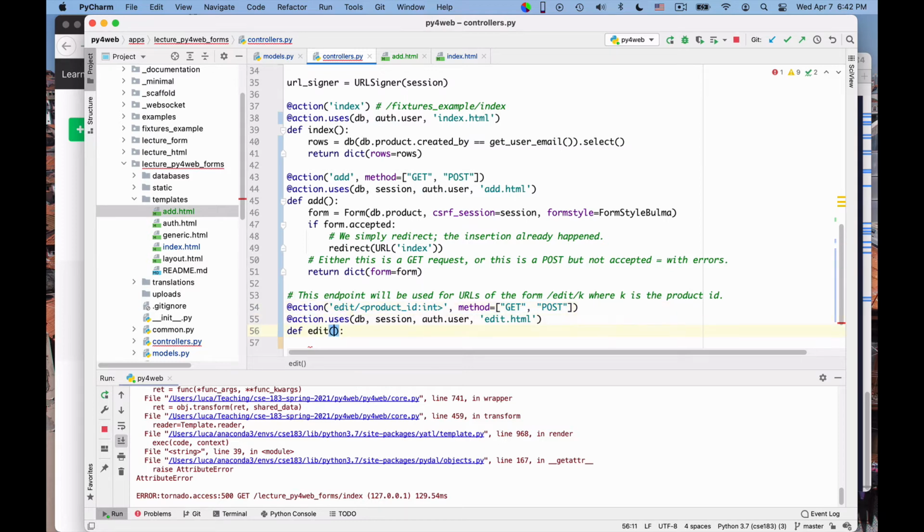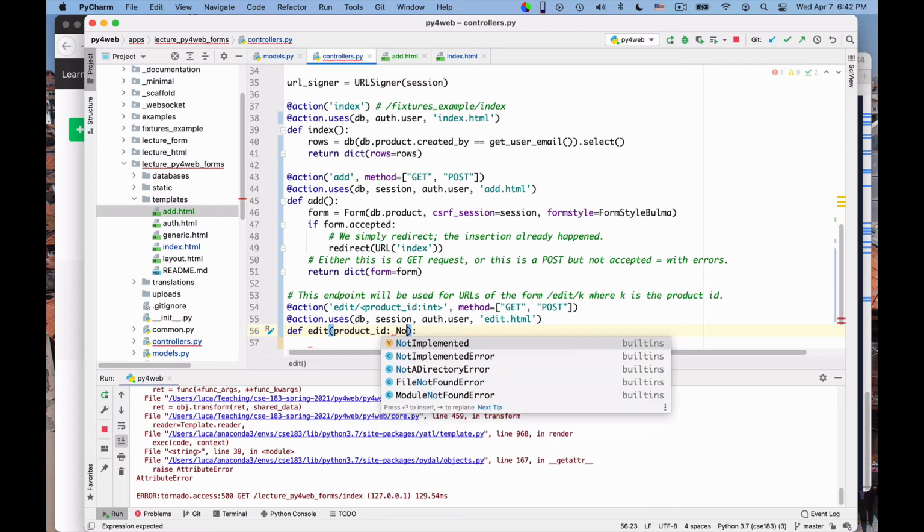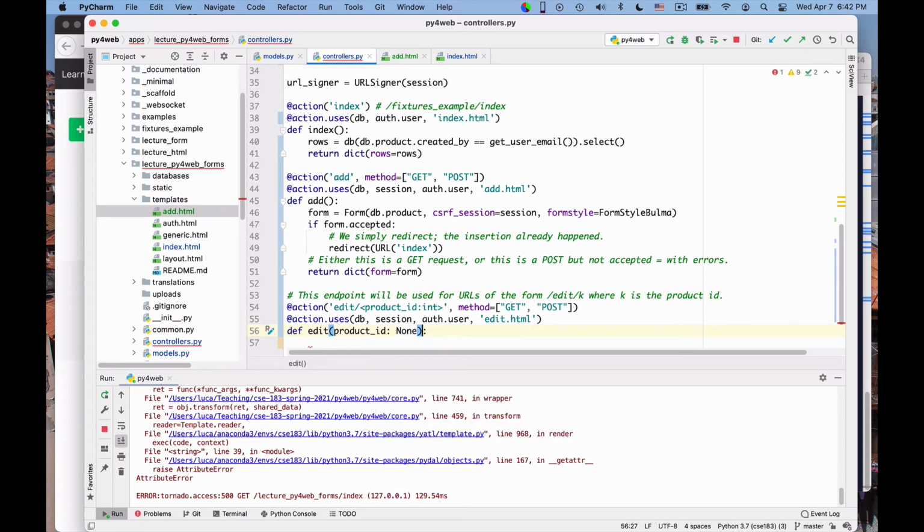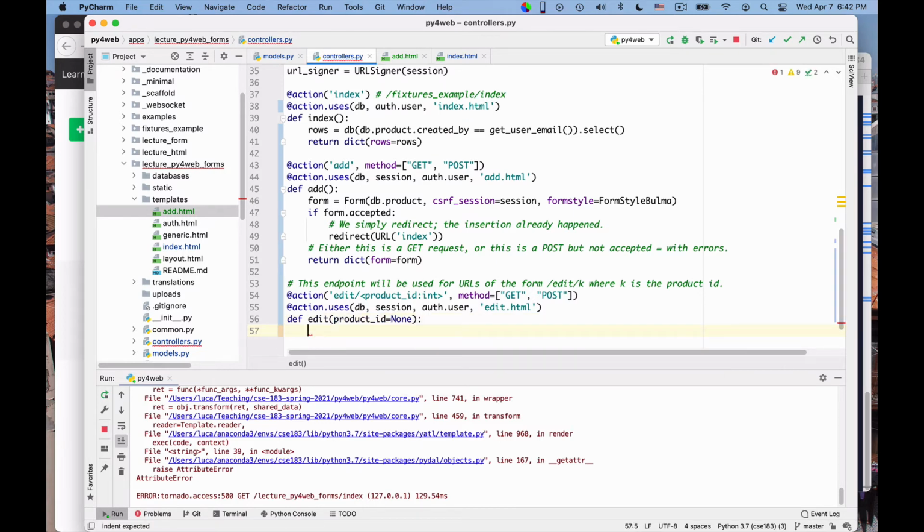And I want to receive it here, product ID, none. I mean, I don't expect this to be none, right? But that's the way I have to define it, sorry, not with a colon, with an equal. Okay.